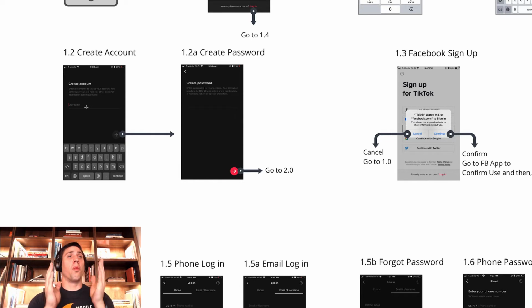Okay, so 1.2 is create account. Now, creating an account involves a username, and this is something that a lot of founders get a little bit held up on because they think, okay, it's just as easy as creating a username, but it's not. There are different considerations here. Okay, the first consideration is, are your usernames unique? And if they are unique, what's the error message that happens when you type in a username that's already been